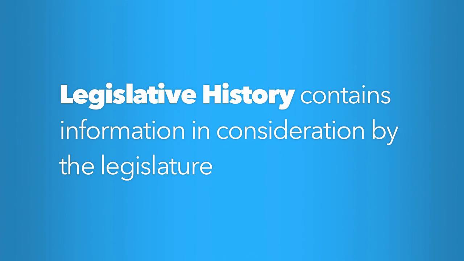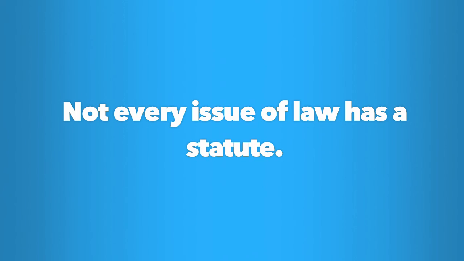Legislative histories can be done for both federal and state statutes and are covered more in depth in advanced legal research courses. It's important to note that in the American legal system, there is no presumption that a statute will apply to every legal problem or that codes are comprehensive statements of the law. This means that there may not be a statute on a particular issue of law that you're researching. You need to keep in mind all of the resources at your disposal when researching a legal issue: statutes, regulations, cases, as well as secondary sources.